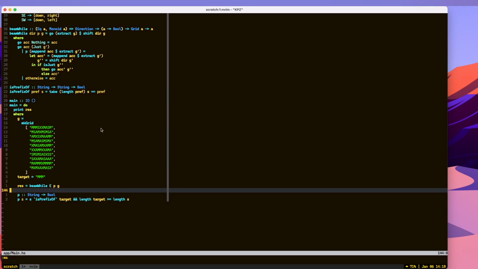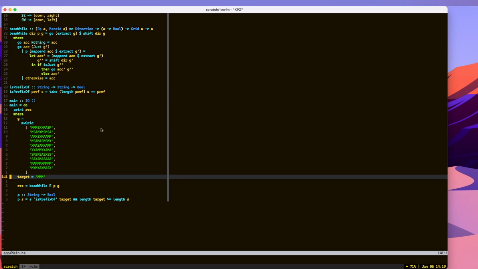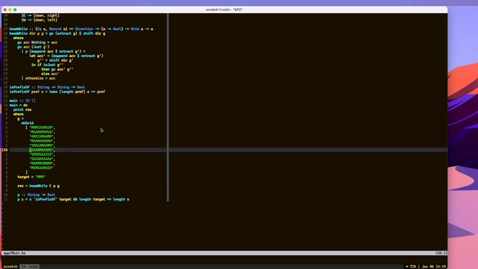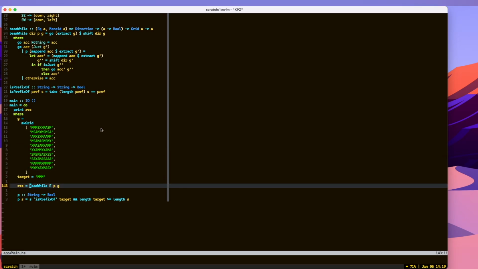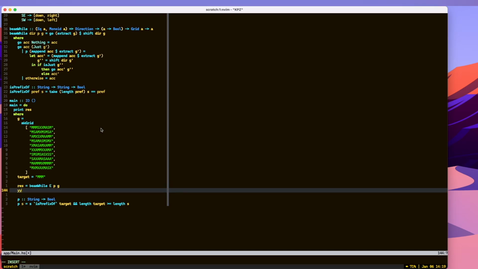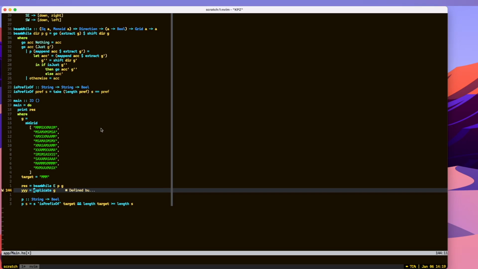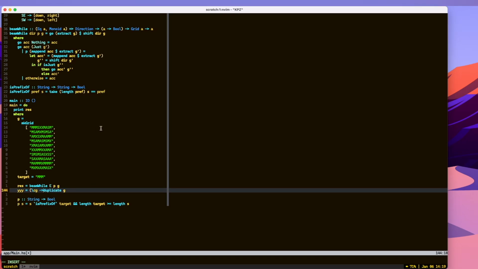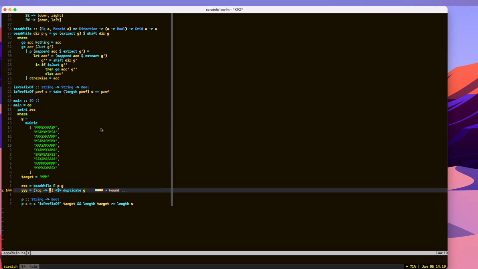But of course now we would like to do this, like beaming, for every possible grid, or for any location within the grid that is in focus. And this is now where duplicate will come in handy, because all we can do now is duplicate G, which gives us exactly that, all grids that are possible where each location is in focus. And we can apply a function onto every location. So current grid fmap,